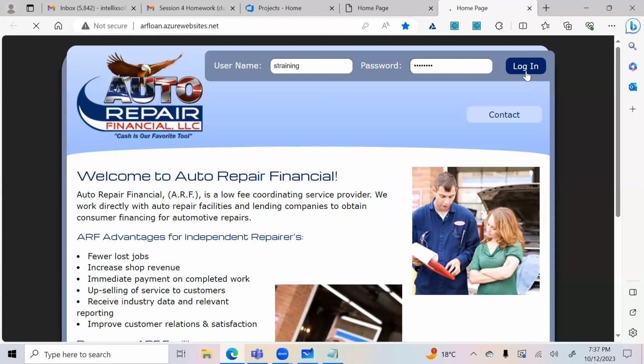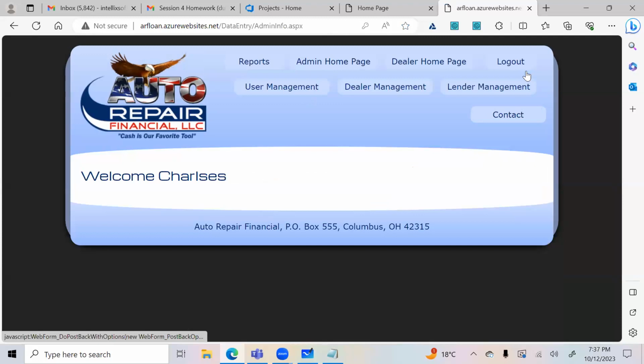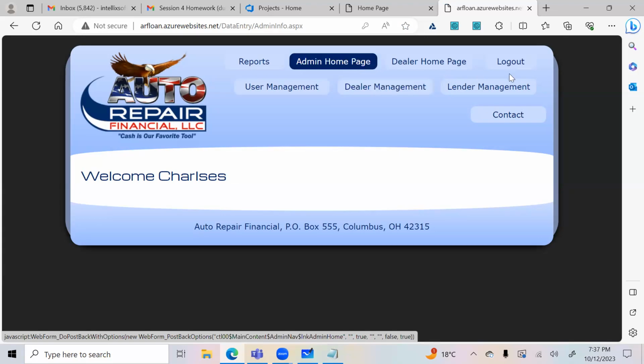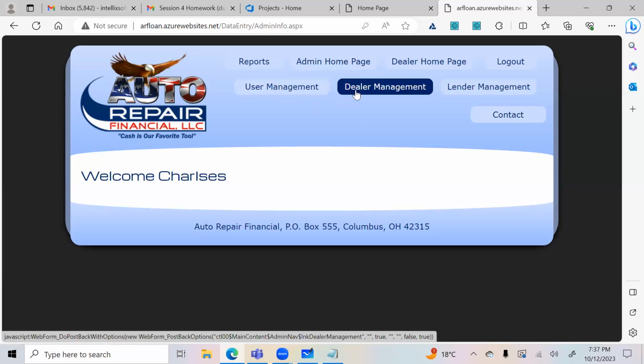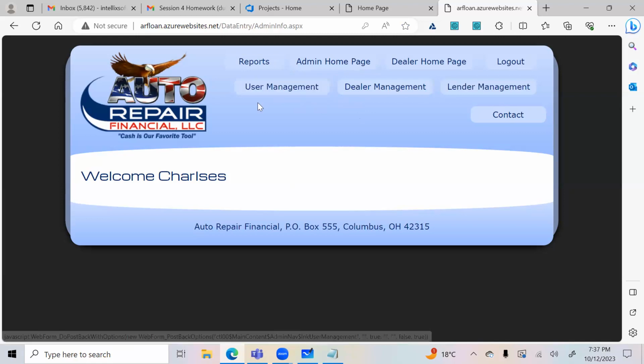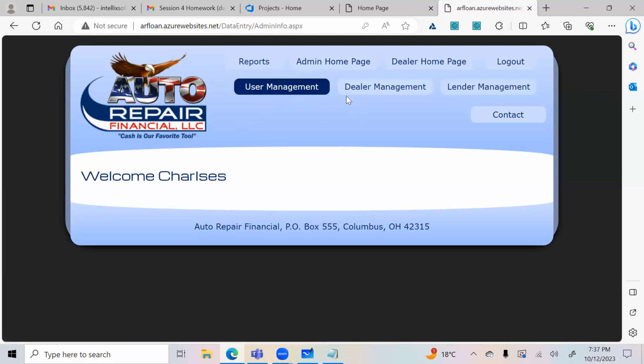I just want to go over this site quickly so that you understand how the developers have designed and built it. So far, you might be writing some generic steps, maybe not writing something like enter credentials and log in. Now, this is a super user homepage. If you are logging in as a dealer, you might see different things at the top. There is user management functionality, dealer management, lender management. This is a super admin, so you don't see